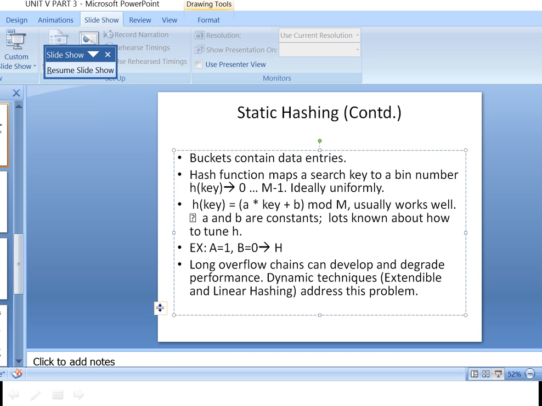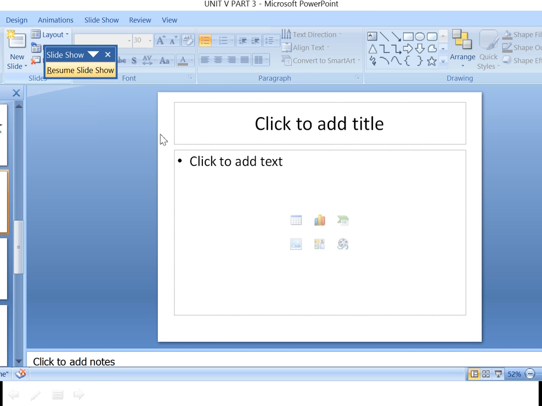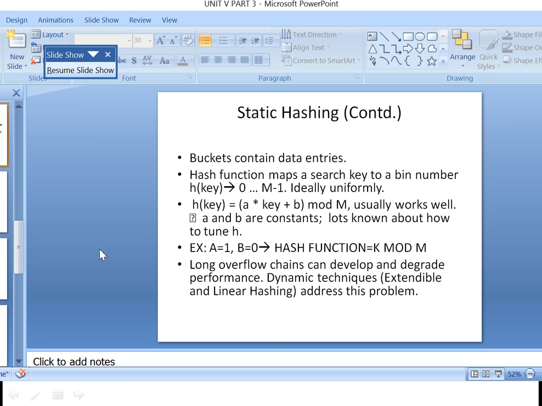Our hash function is equal to k mod m. Now, what happens by using k mod m?